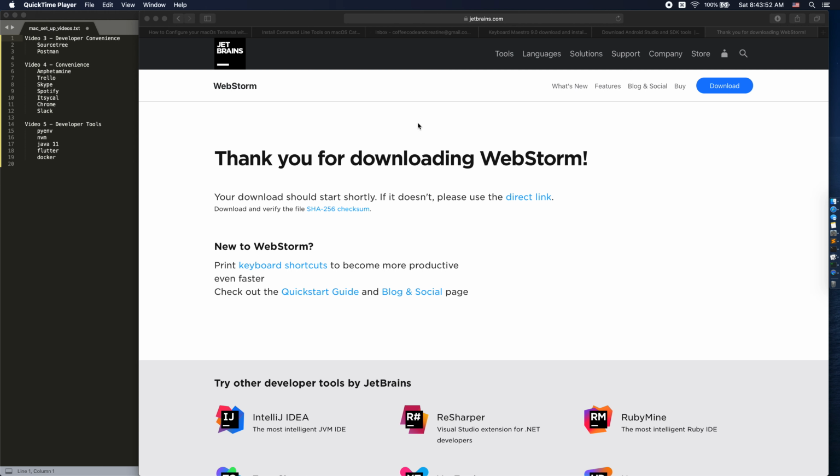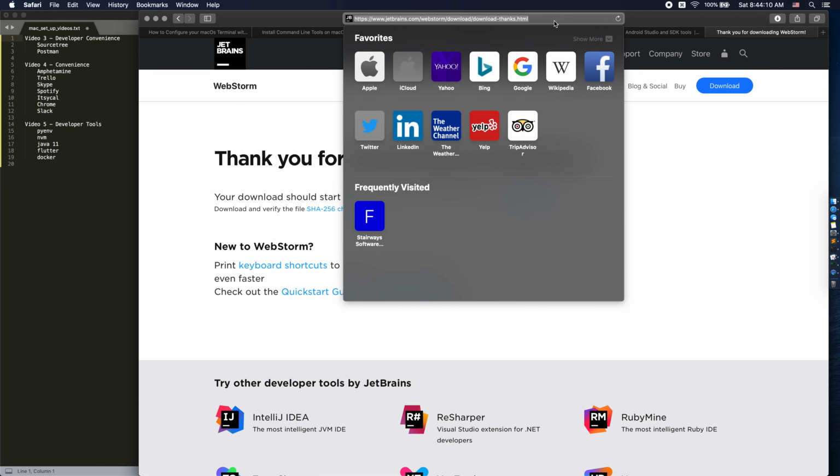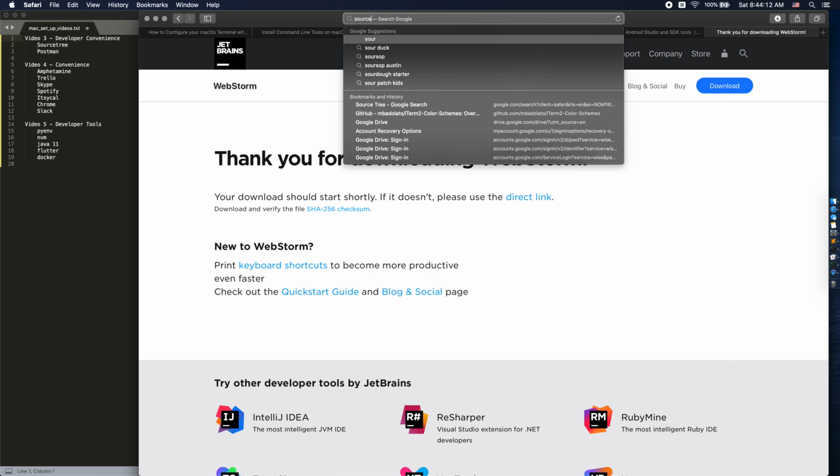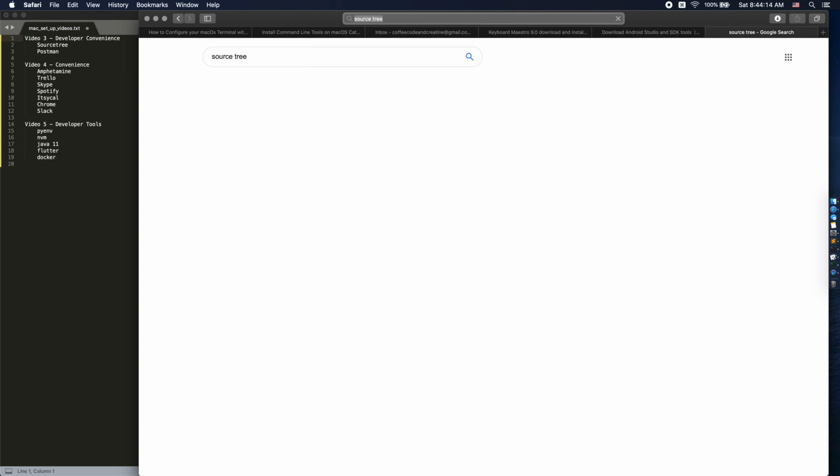Everyone, and welcome to video 3 of my Mac Dev Setup mini-series. In this video, we are going to go over what I'm going to refer to as some developer convenience tools or programs. So, the first one we are going to take a look at is Sourcetree, which some